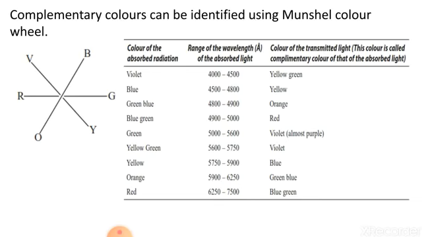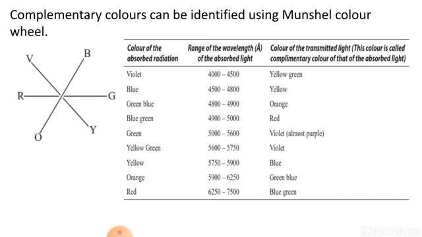The complementary color shown by the compound is yellow green. Then blue light is absorbed in the range 4500 to 4800, and the complementary color shown by the compound is yellow. When green blue light is absorbed at 4800 to 4900, the orange color is complementary. When blue green light is absorbed at 4900 to 5000 angstrom, red is complementary.